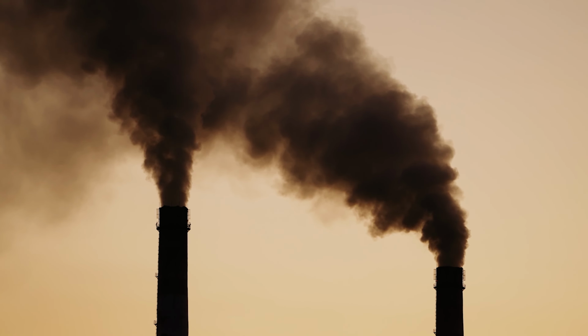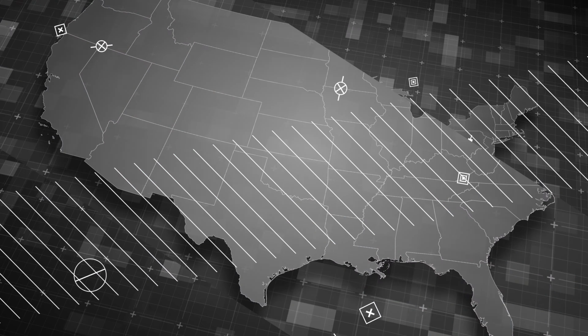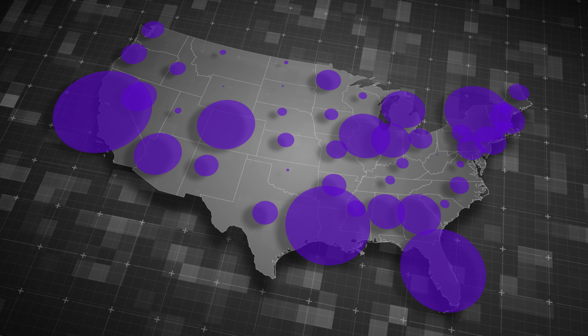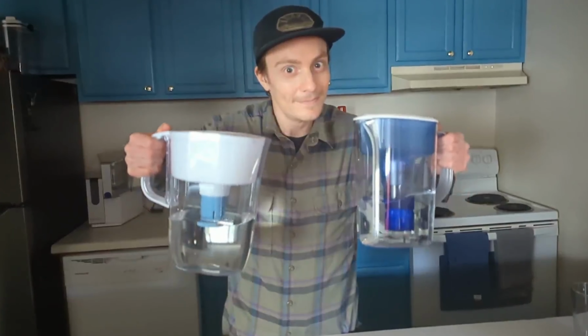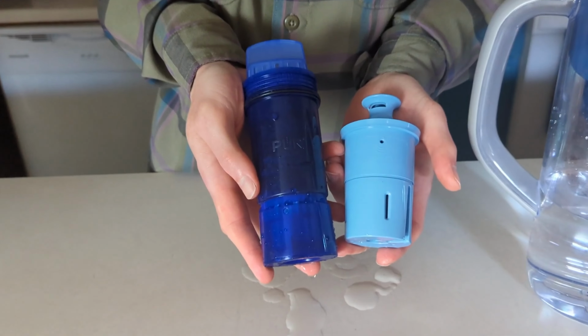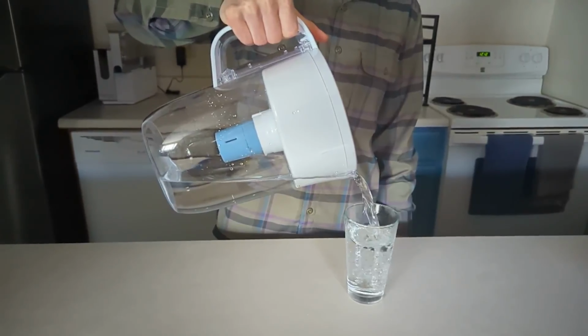So buying that generic water filter isn't necessarily going to be the solution to all your problems if your water contains things like nitrate, pesticides and herbicides, cobalt, and arsenic. These, by the way, are extremely common in many water systems across the US, but they're rarely addressed by many of the most popular water filters. They'll pass straight through the filter, and your water quality will be no better than if you'd not filtered it